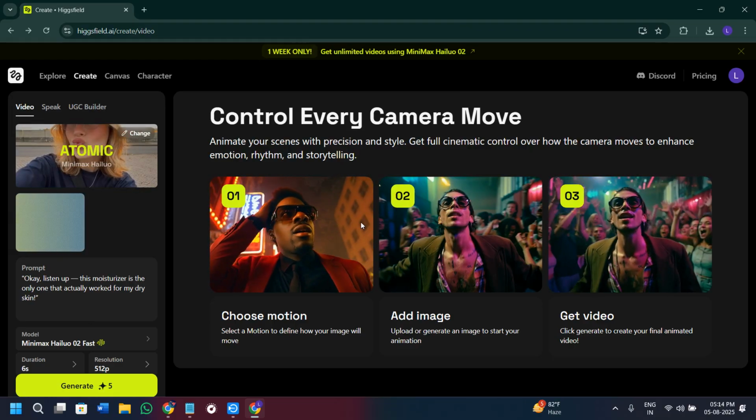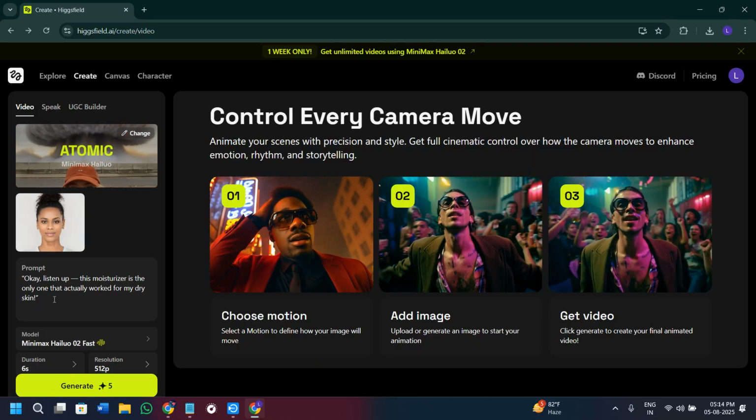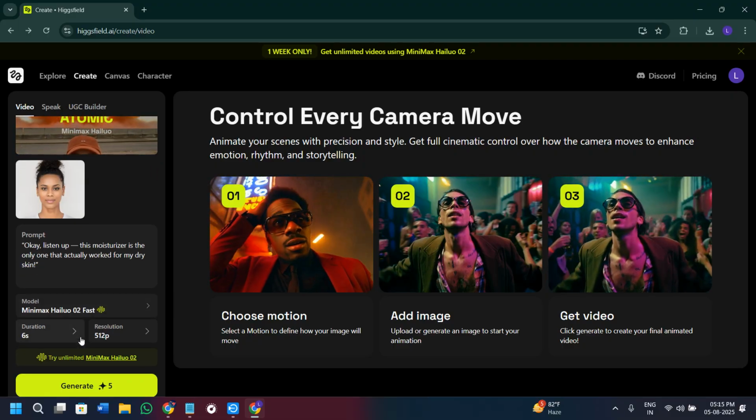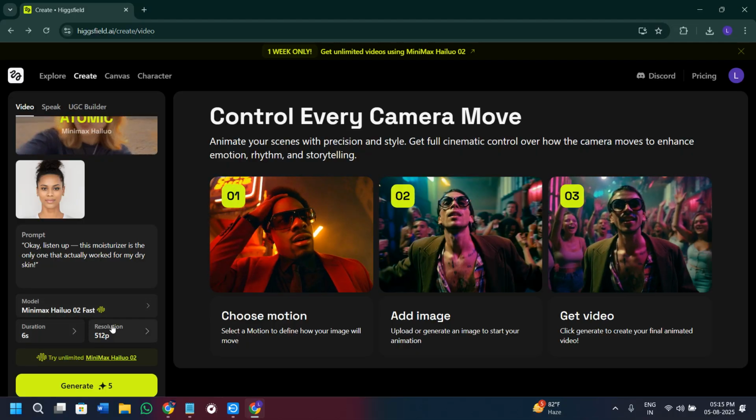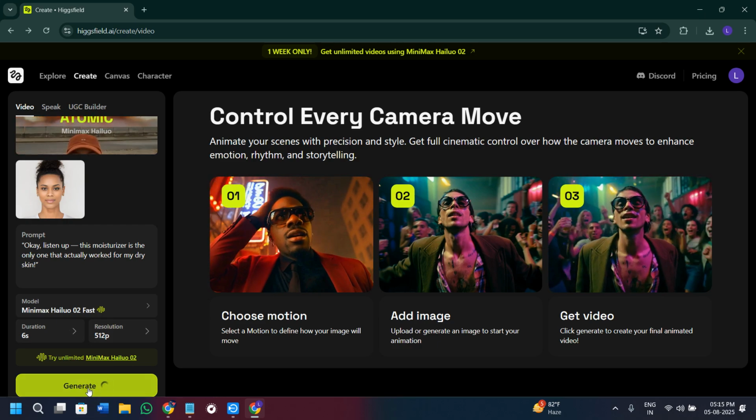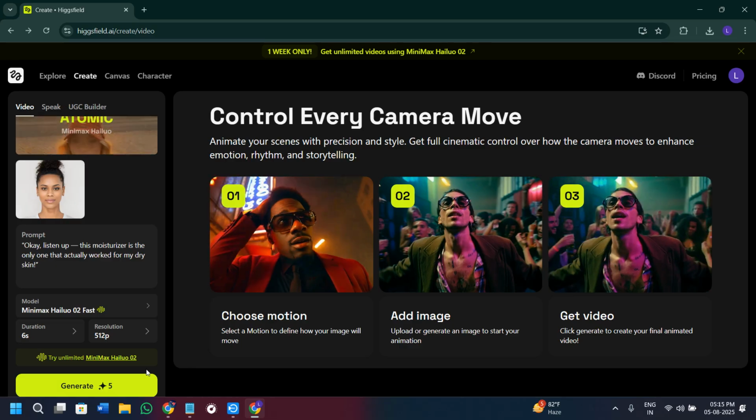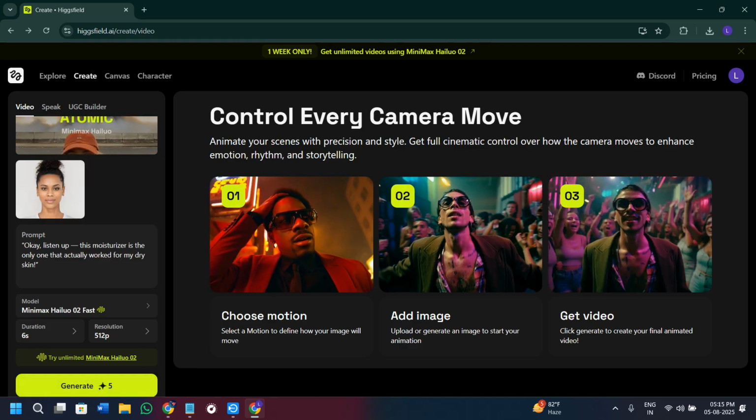Over here, now is the time to give your character a dialogue. So this is the section where you can type something like this that I have written over here. After that, you can scroll down a bit, and you can select any one of these, but I would recommend you do not touch it because this is the default setting. So now if you click here on the generate option,